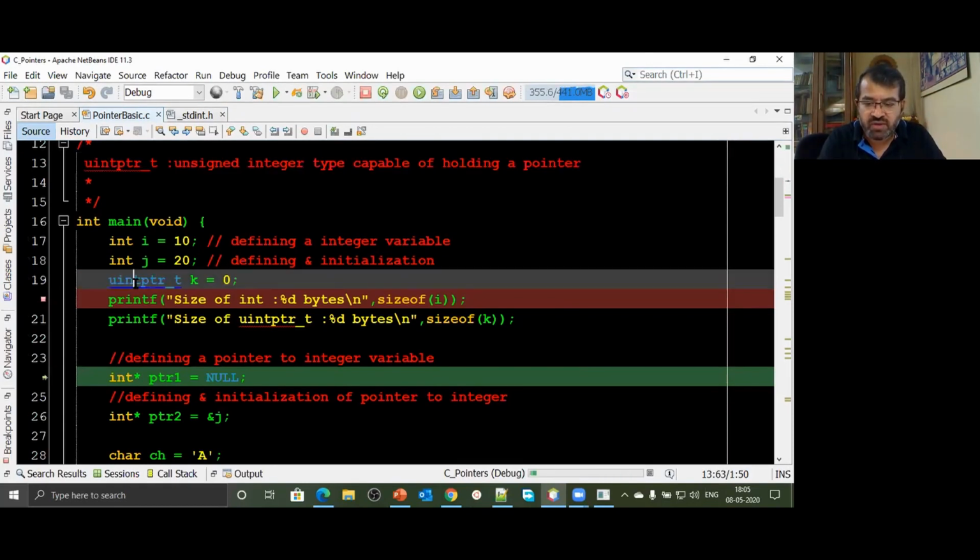So we say we have created a variable k. How large is it? It is as large as your pointer variable, and it can hold any value that you can store in a pointer. That big a number can be stored. Why am I saying large value? Because you may have 8 MB RAM, 8 GB RAM, 16 GB RAM, and so on.